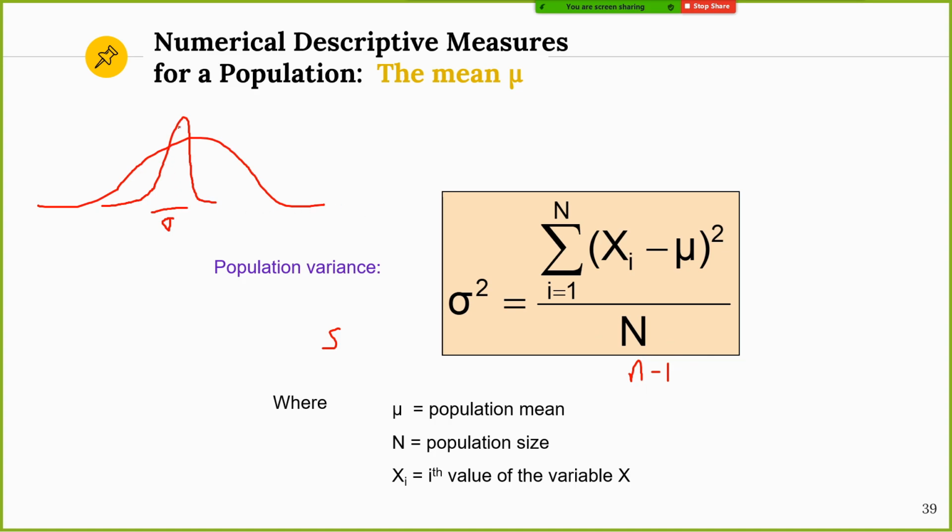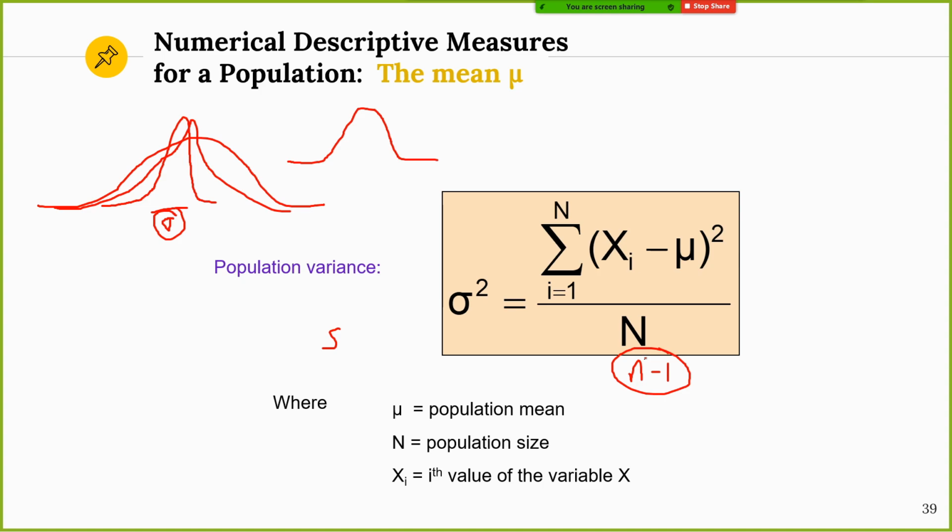So the shape will be quite similar to this population. It's not like this. It will be quite similar to this one. So that's why the experts tend to use -1 for the sample, because mostly the sample will be not more than, let's say, for difficult data, maybe 100 to 300, maybe 500. It's quite small compared to the population.